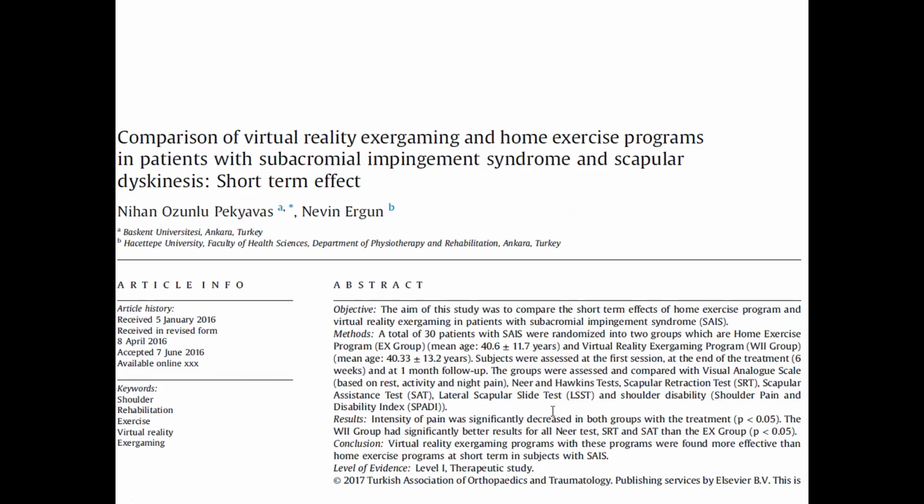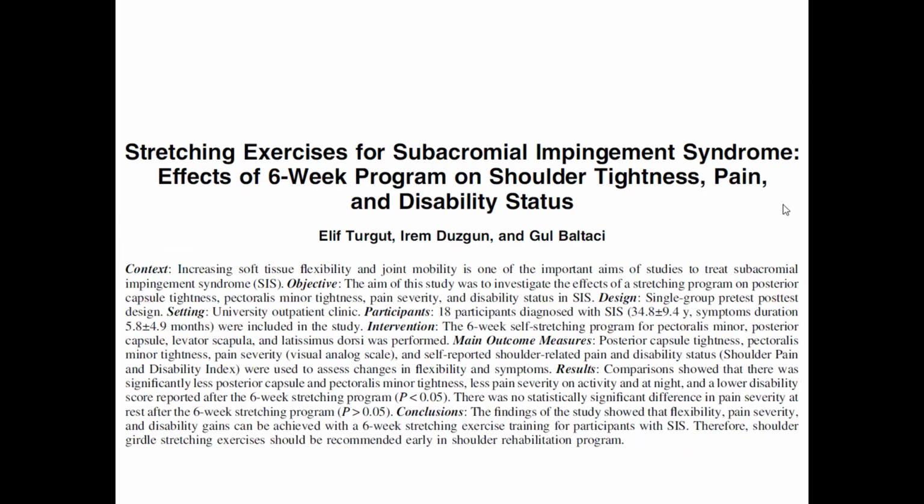Comparison of virtual reality exergaming and home exercise programs in patients with subacromial impingement syndrome and scapular dyskinesis. According to this study, the virtual reality exergaming programs were found more effective than the home exercise program in the short term in subjects with subacromial impingement syndrome. Both the SIS,